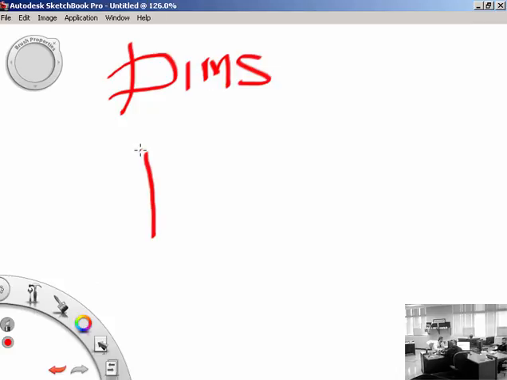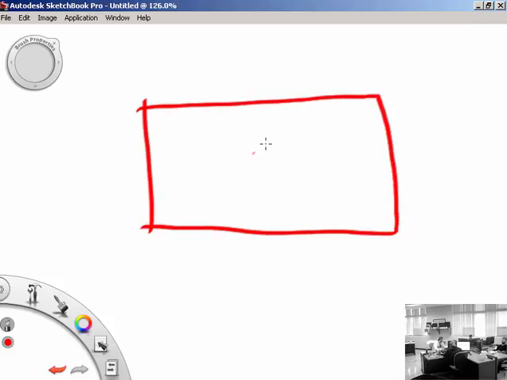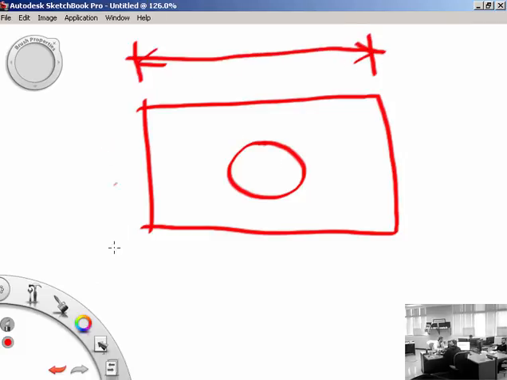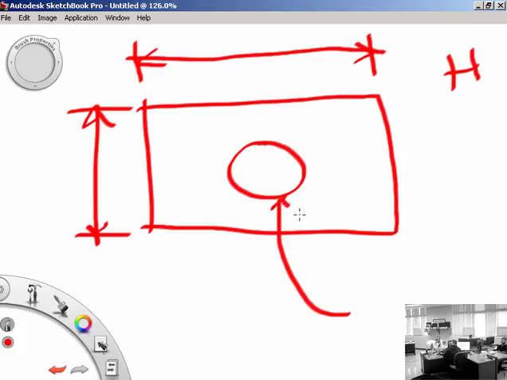First of all, if I give you a block of wood and I put a hole in it, you need to know a couple things, right? You need to know, what about the wood? What size? So I need to show you things like, all right, here to here is a dimension, here to here is a dimension. What else do you need to know about the block of wood? Height needs to be provided. I'll just show it off here. Some height is given. Then I need to tell you a little bit about this hole, right? So I probably need to give you what value? Diameter. And then I need to give you something else. What? Location. And of course for the hole it's going to be to the center,